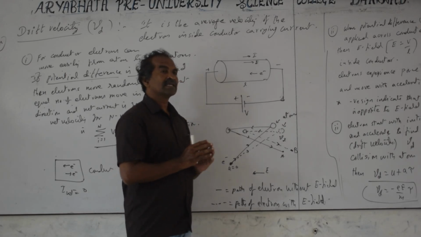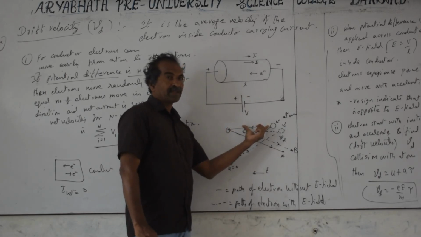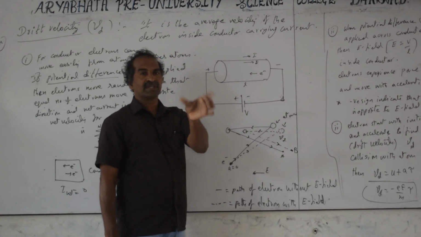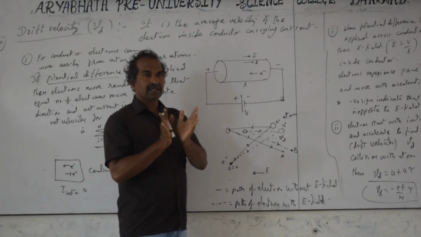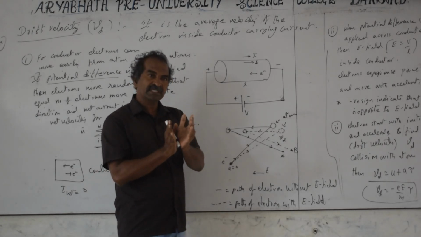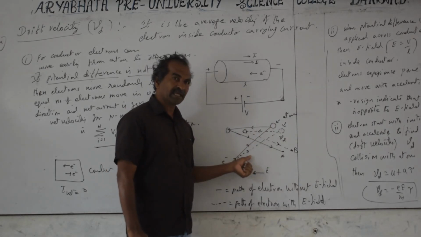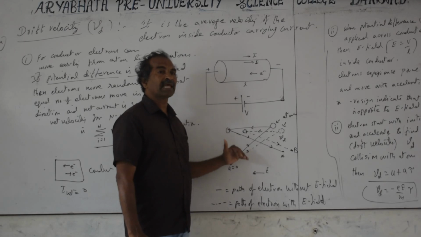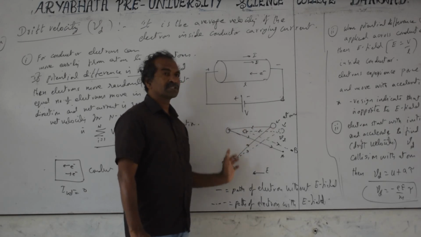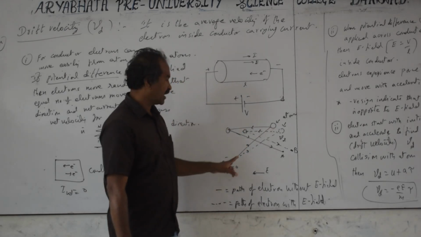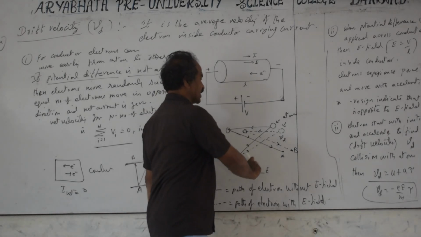Why? Because the distance between atoms is important here. For iron, the distance between atoms is fixed. Bond length will be there. For copper also, the distance between atoms is fixed. That means the distance traveled will be almost the same only. Constant velocity is applied here. So automatically you take nearly the same time interval between two successive collisions with any atoms, or every collision between the electron and atoms.